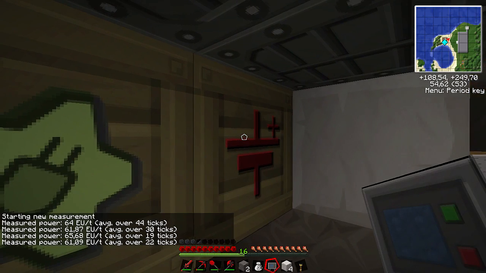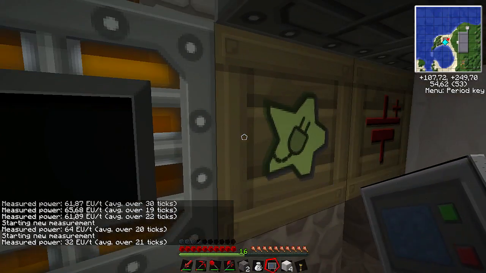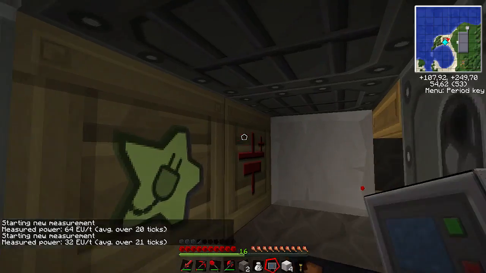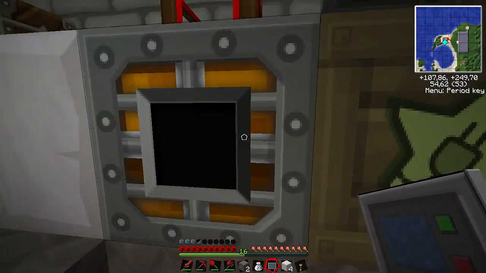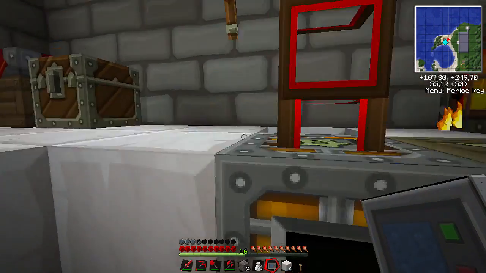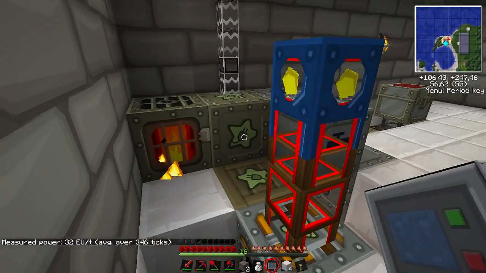Alright, so that's still withdrawing 64. That is withdrawing 64, but this is only using 32. Now I wonder if that's because this one is getting power from the MFE at 32 and outputting at 32, so it gives us 64. This was withdrawing 32 from here, outputting 32 here, and that's why it's giving me 64, but this is only giving me 32 because it's only receiving 32. I don't know if that makes any sense to you guys, but